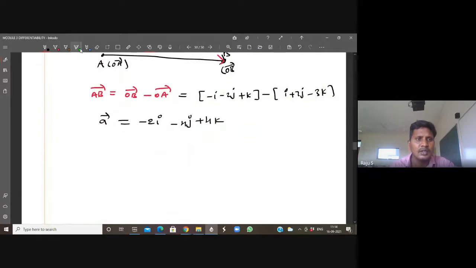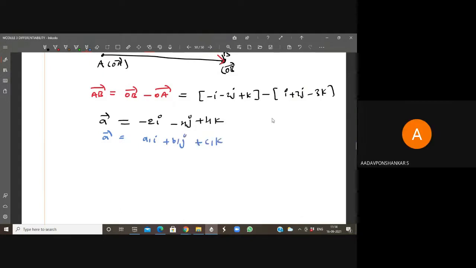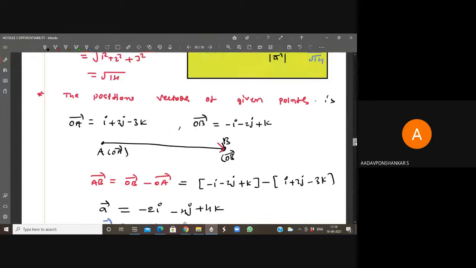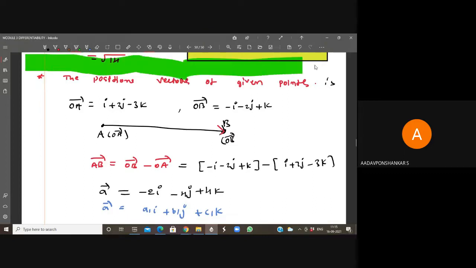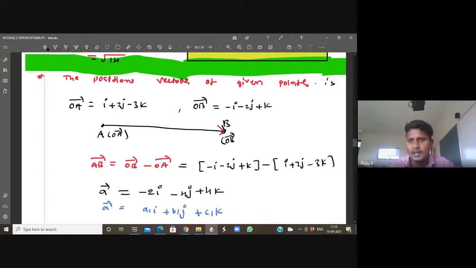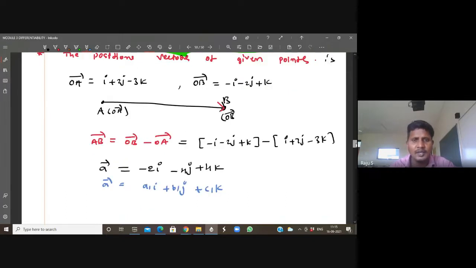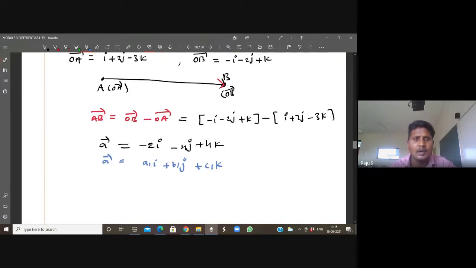Now here also, compare the given vector with a1 i plus b1 j plus c1 k. For the position of any vector, just take any point that is given, into i, j, k, that's all. Okay, when I compare here,